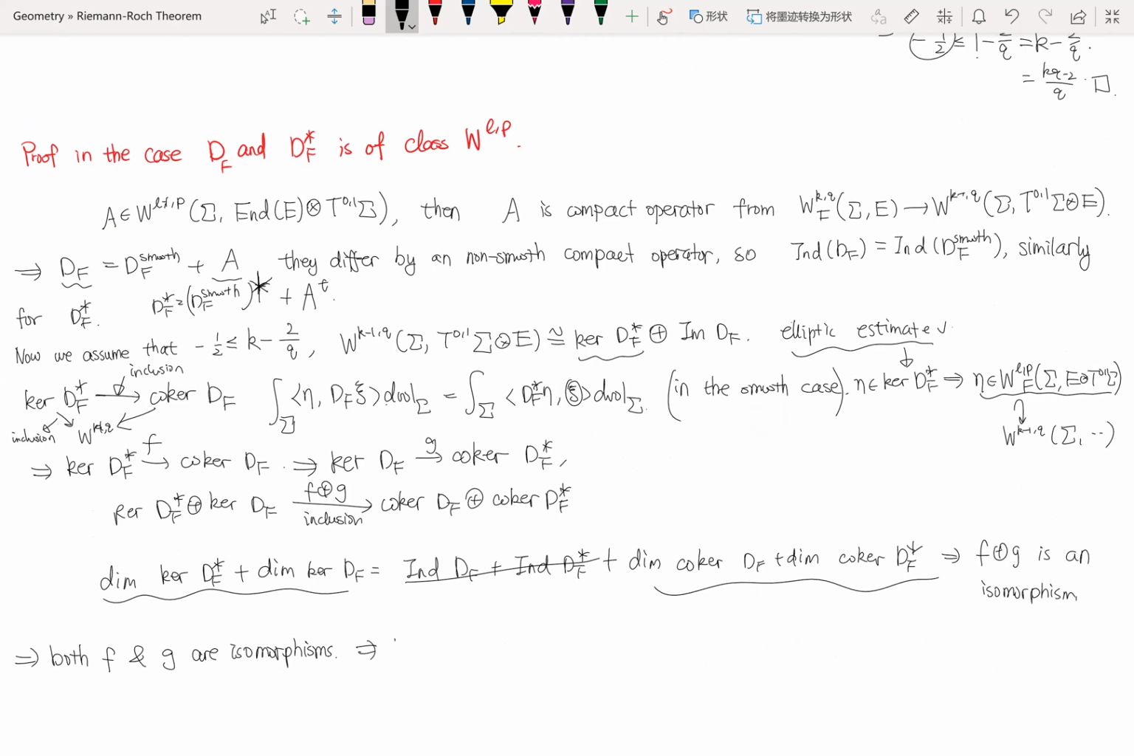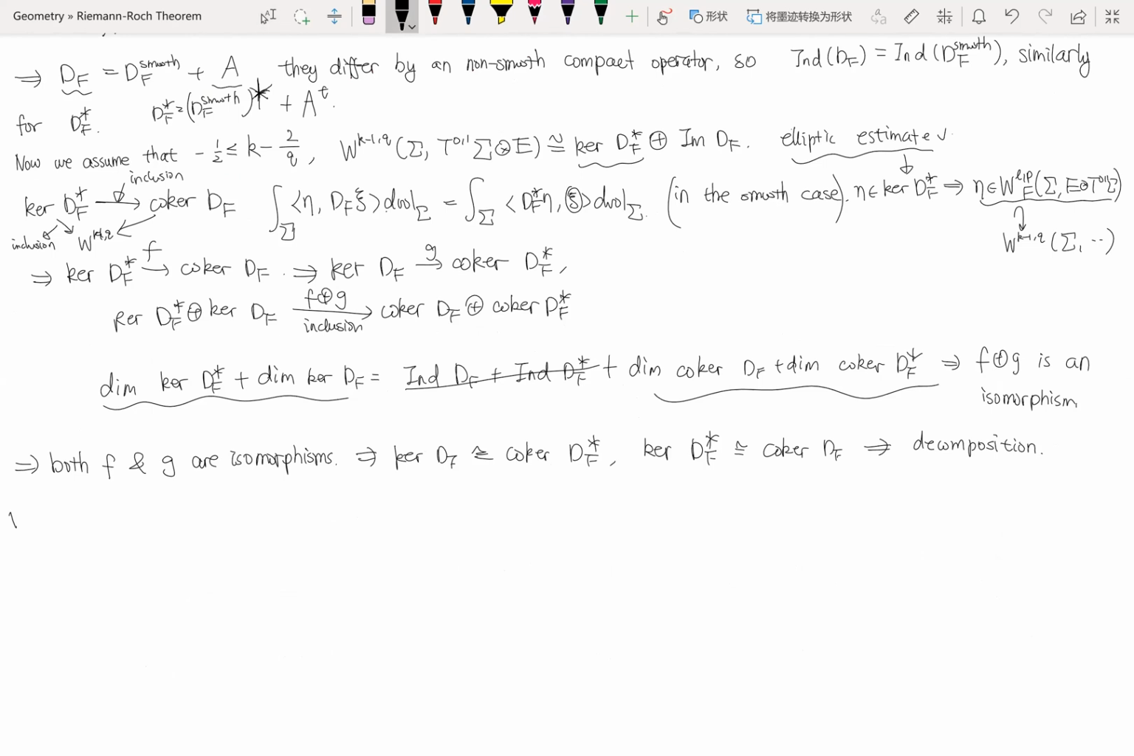So this tells us that the kernel of df is isomorphic to the co-kernel of df star, and also, for the adjoint result, that the kernel of df star is isomorphic to the co-kernel of df. So we have the decomposition. And with this decomposition, then for any eta belonging to L2 of sigma with values in E,